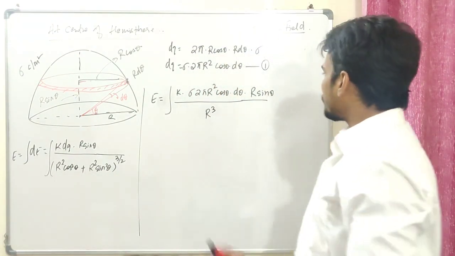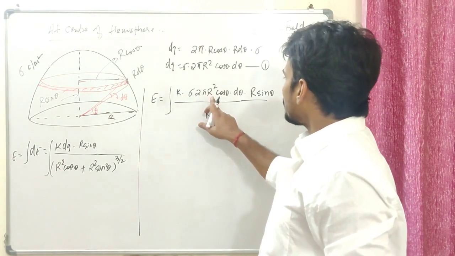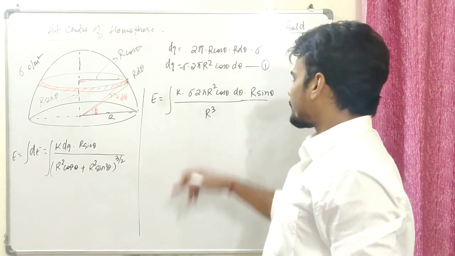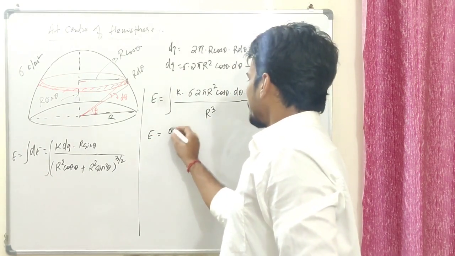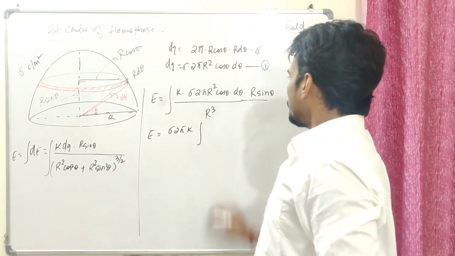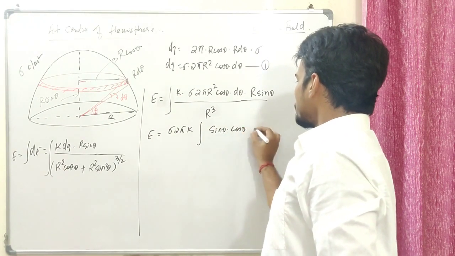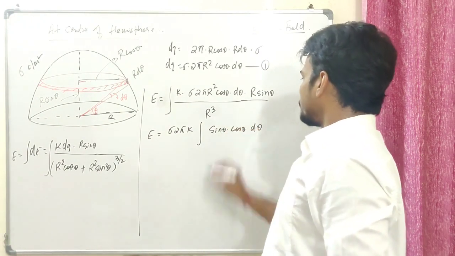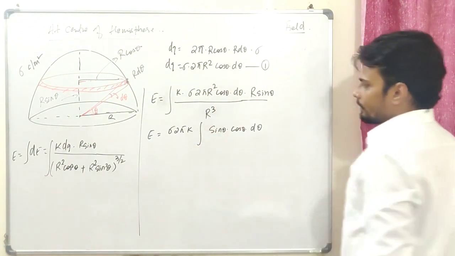Let's just take the constant out of it. I'm going to have k r square r. Well, that's going to be cancelled over here. So A should be how much? Sigma 2 pi times k integration of sin theta cos theta d theta. R cube, I'm sure you guys see, the r cubes will be cancelled.